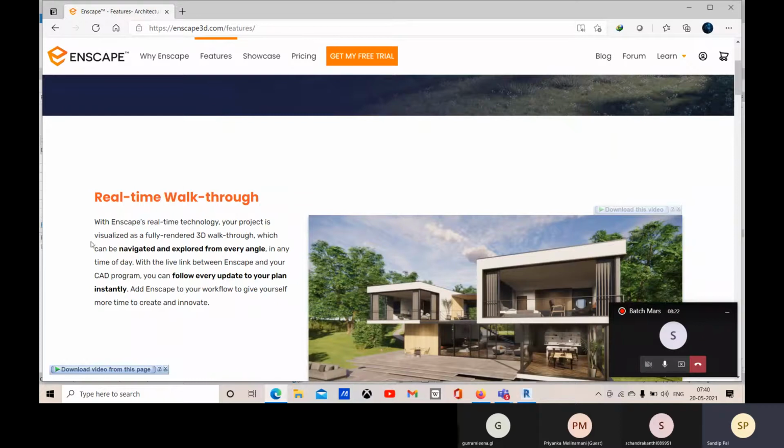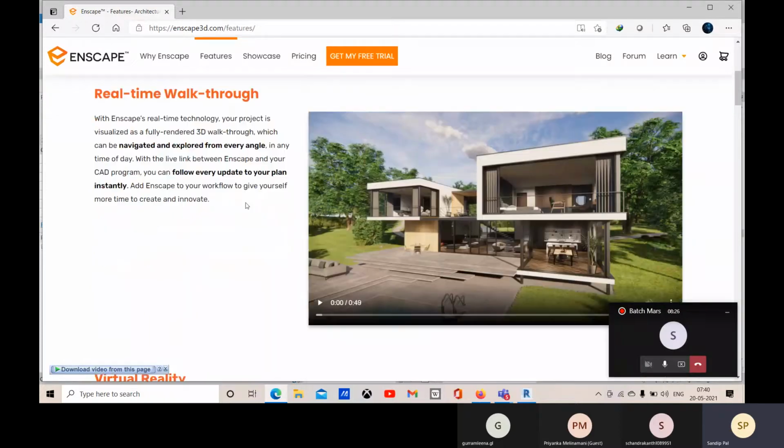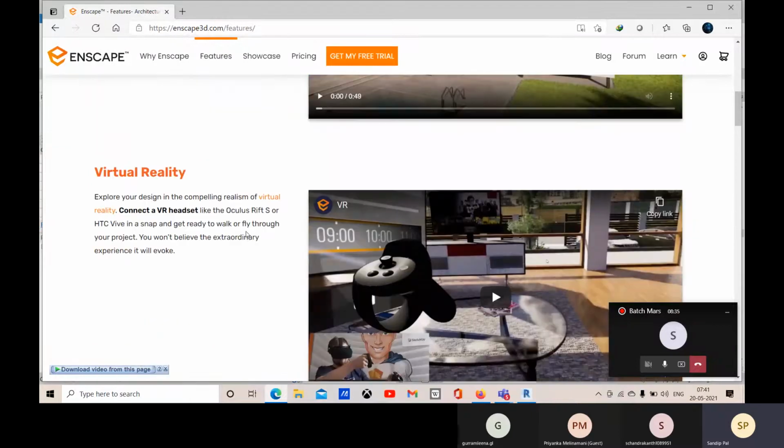So in real time, you will get the rendering and also the walkthrough you can create. Within just a few hours or few minutes, you will get your rendering and walkthrough. That's the best part.